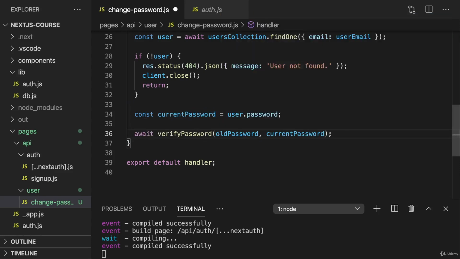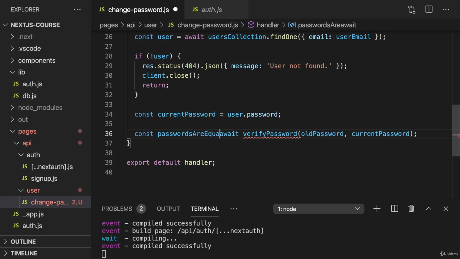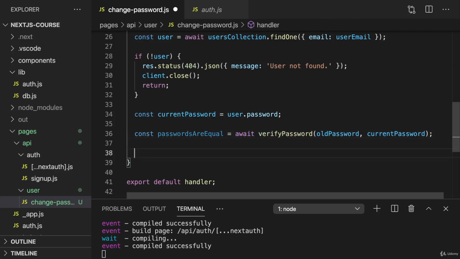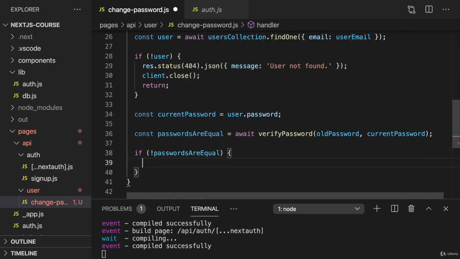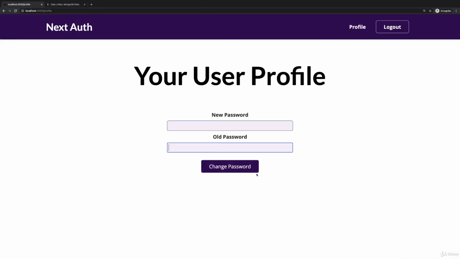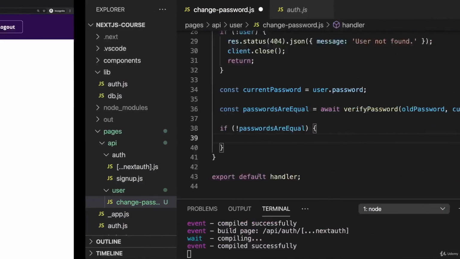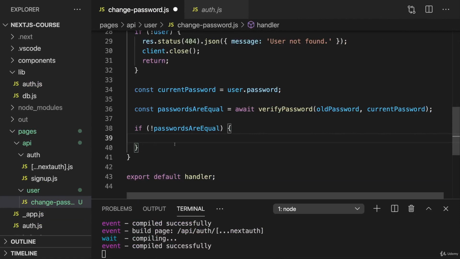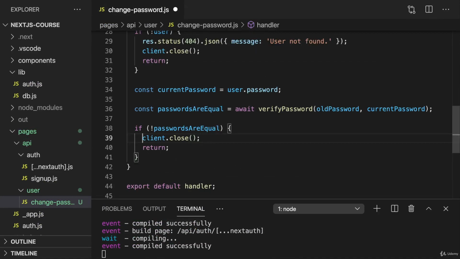And we then await this because that returns a promise, and we get back the answer to the question whether the passwords are equal or not. And if they are not equal, if that is false, then we know that the old password entered here simply does not match the user's password. And in this case, we don't want to allow the user to change the password, of course. So here we want to return, we want to also close our client connection, and we want to send back